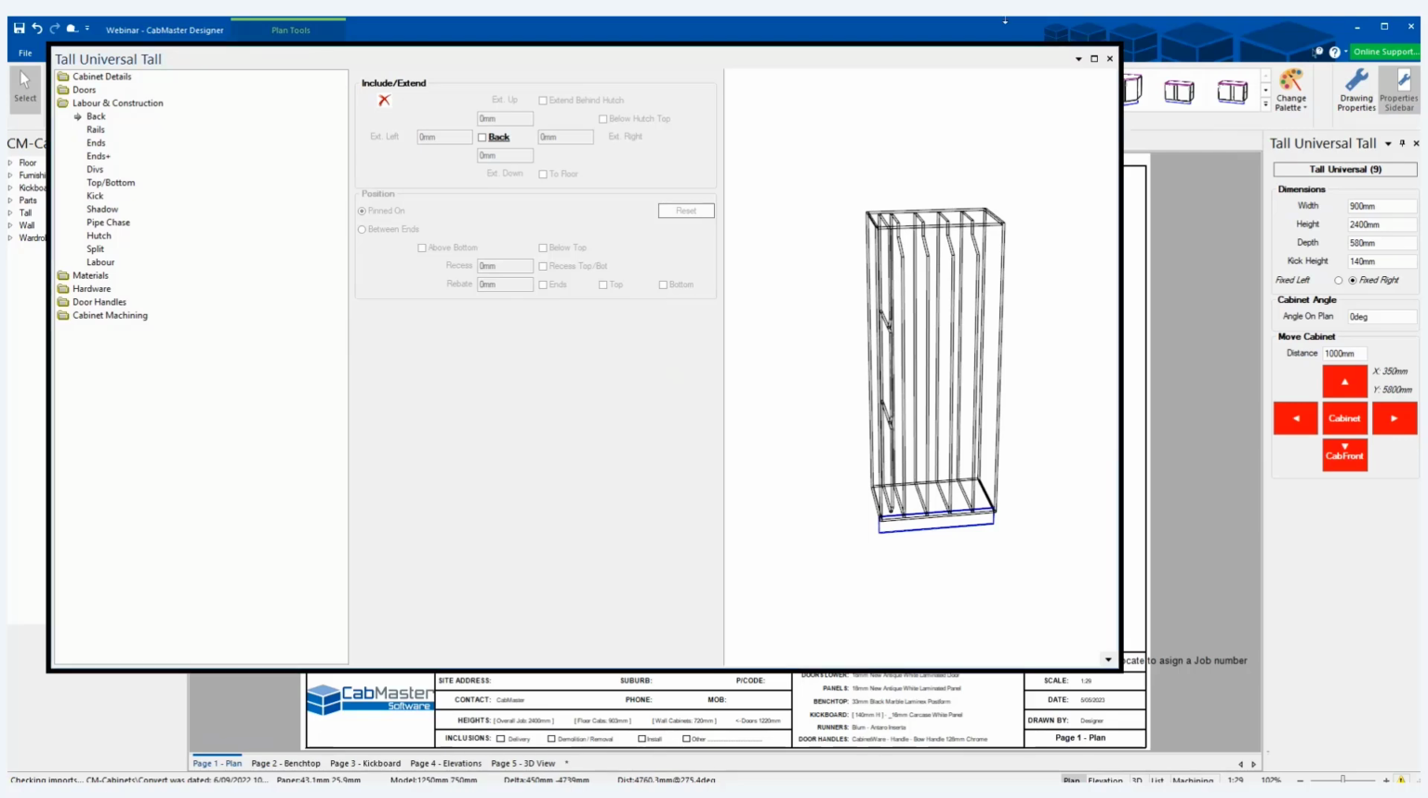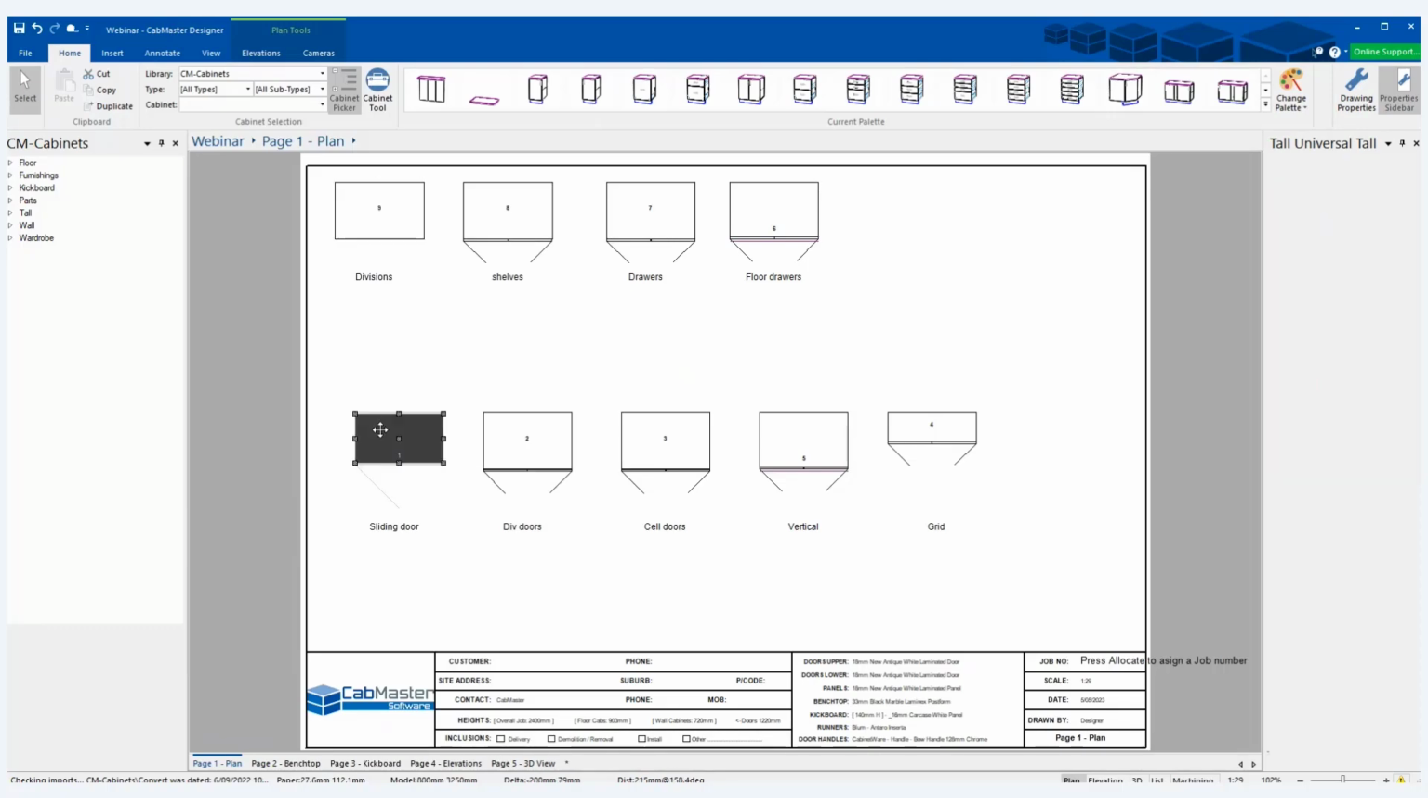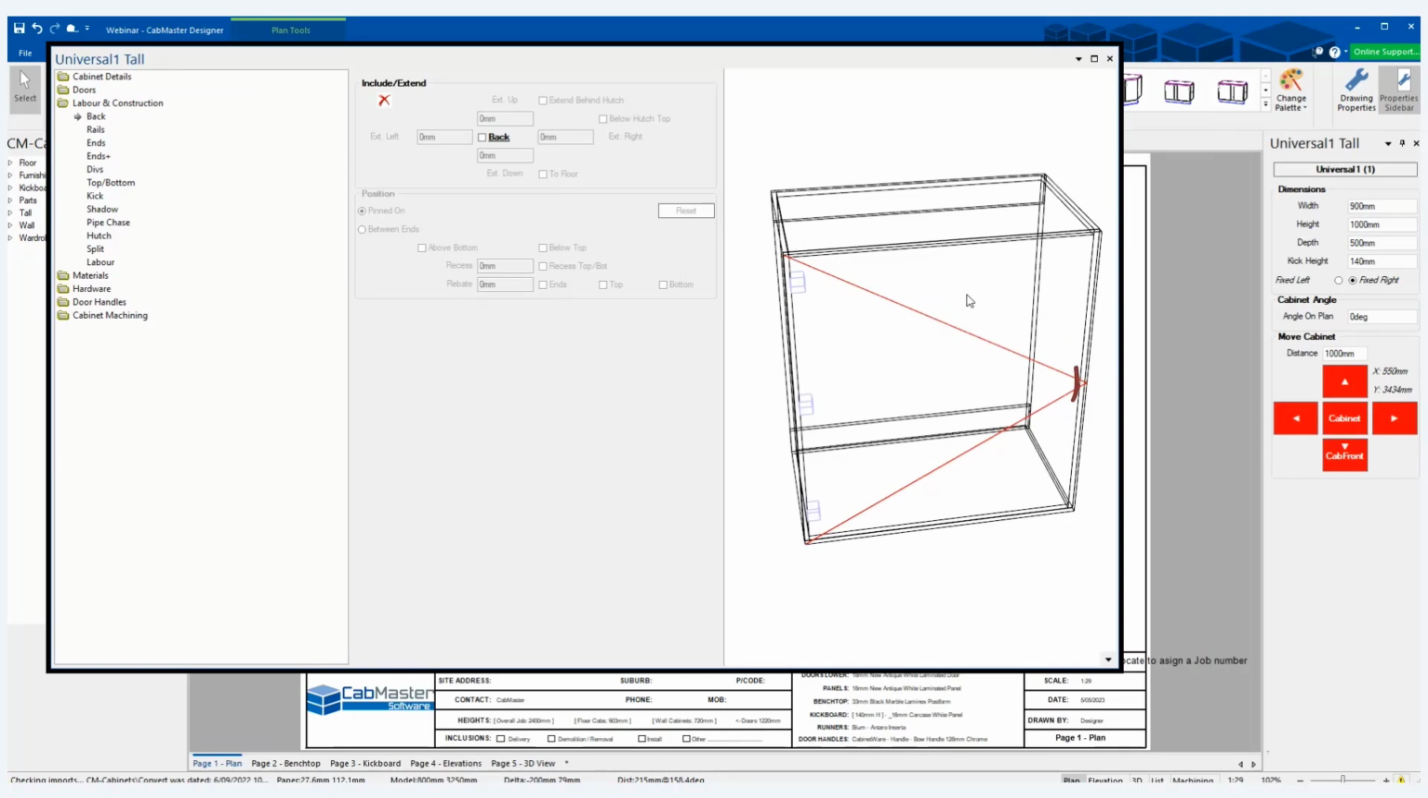That one. Sorry about that. I'm going to close that one down. We're going to go through to explain the doors. I've already set up some simple cabinets that have divisions. Well, they don't really have divisions. They're basically going to be using